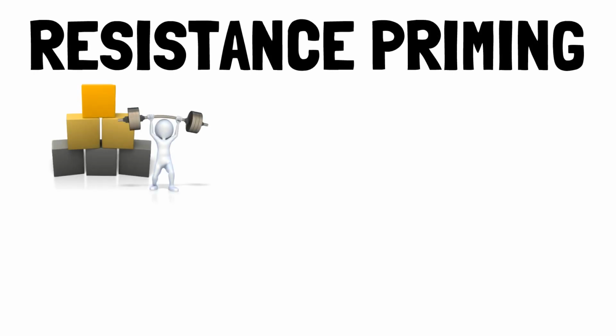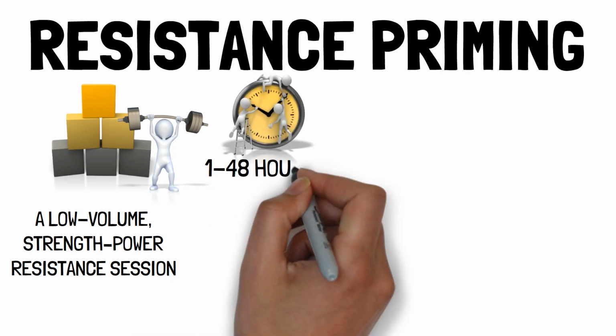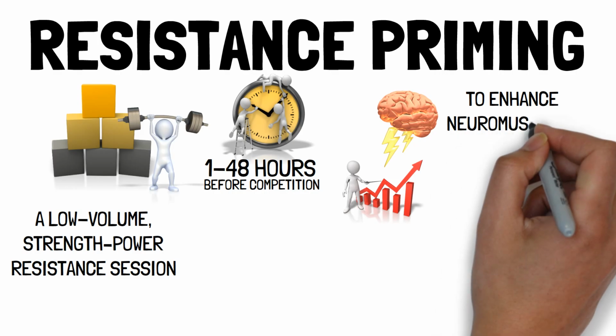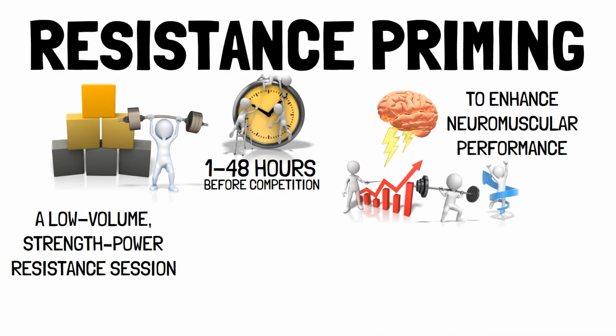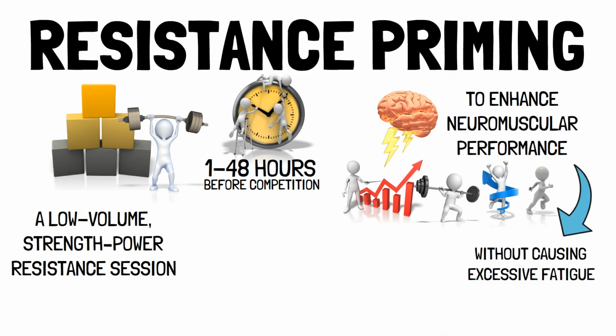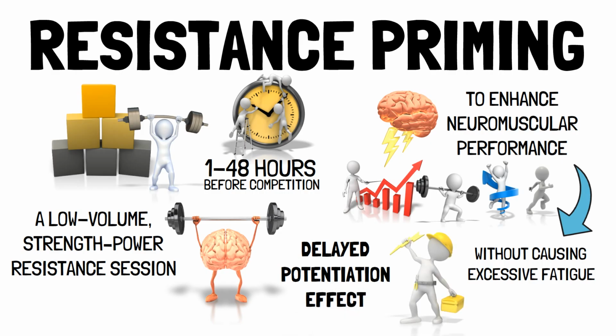Resistance priming is a low-volume strength power resistance session, performed 1 to 48 hours before competition, with the goal to enhance neuromuscular performance, so things like strength, power and sprint speed, without causing excessive fatigue. This performance enhancement is called the delayed potentiation effect, and it allows athletes to perform at a higher level during